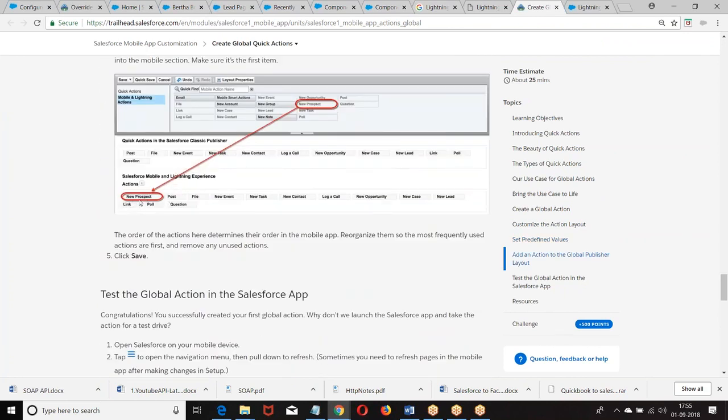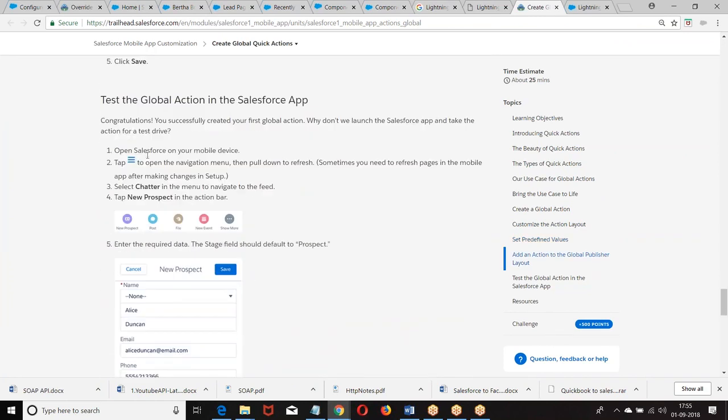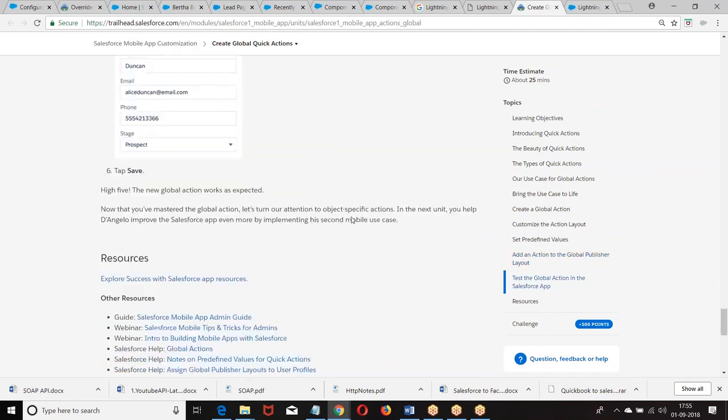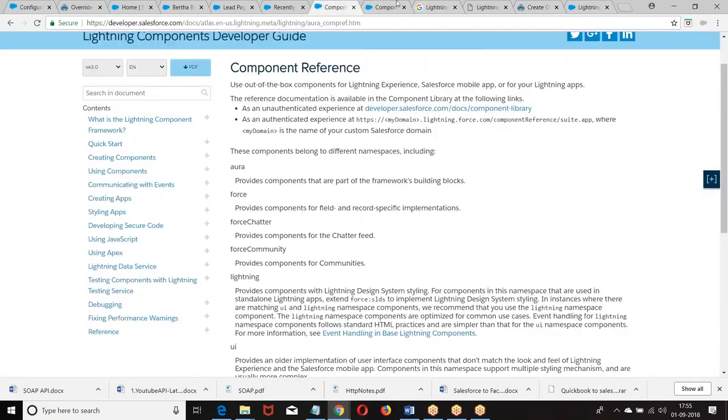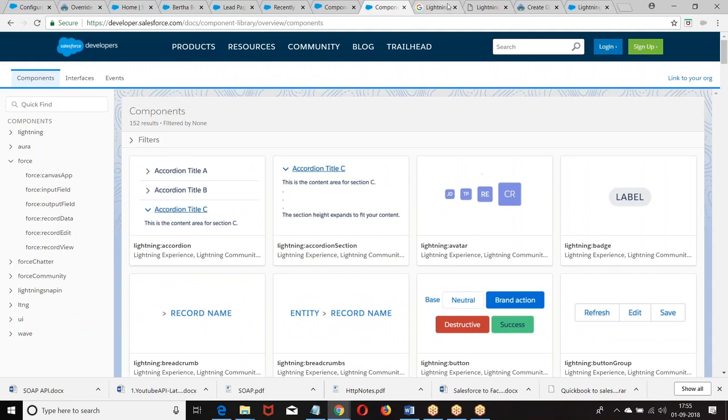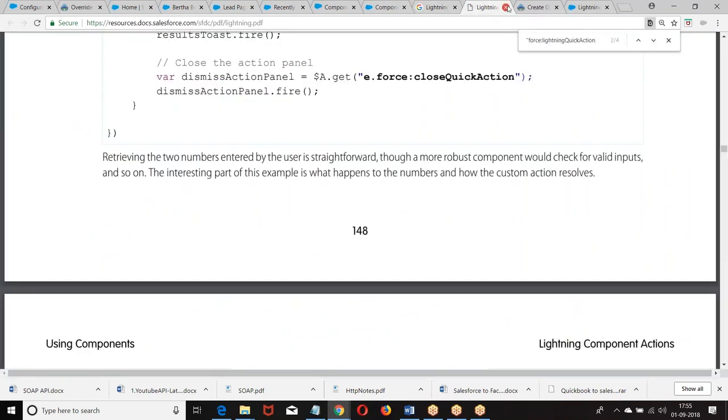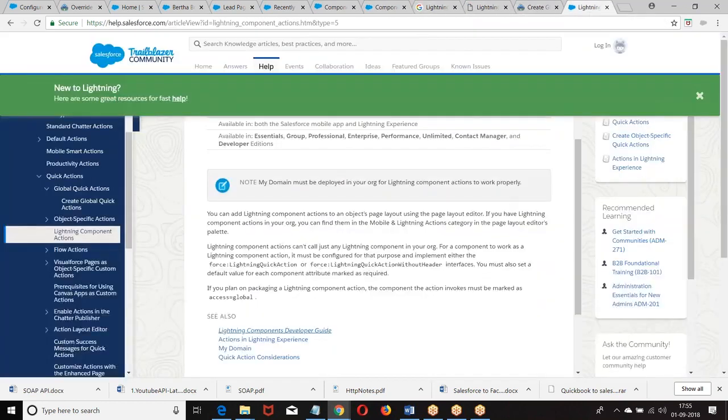Select the action, add the action, then the mobile environment will be seen, but it has to be displayed here also. Let me cross check. It was our code actually.